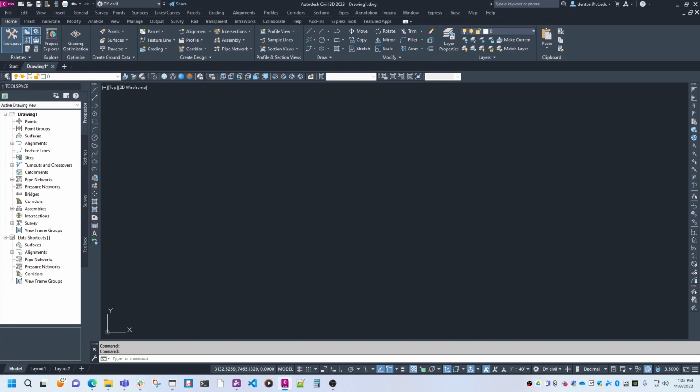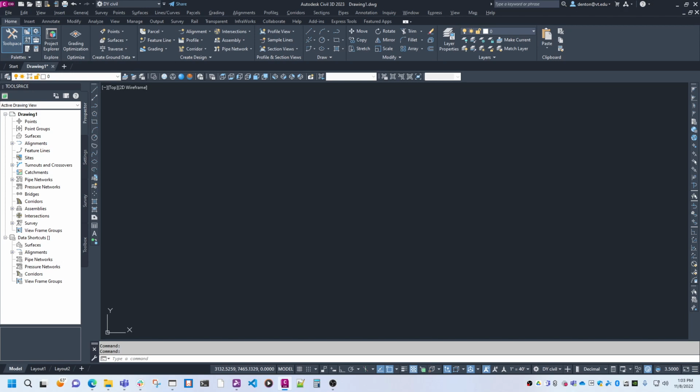This is an update for the 2023 version of AutoCAD, Civil 3D. A problem with the newest version is that it no longer has the red and blue icons for starting AutoCAD with plain vanilla AutoCAD and Civil 3D, so we're going to have to do a change up. This is an addendum, or an addition, to the very first video. Okay, so if you start Civil 3D and it now has a pink icon,